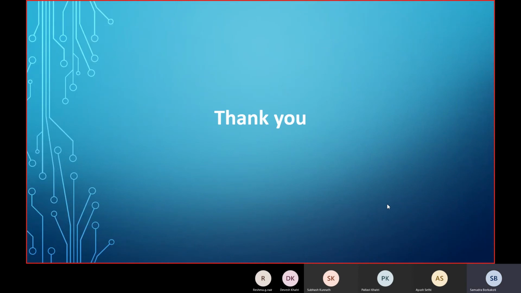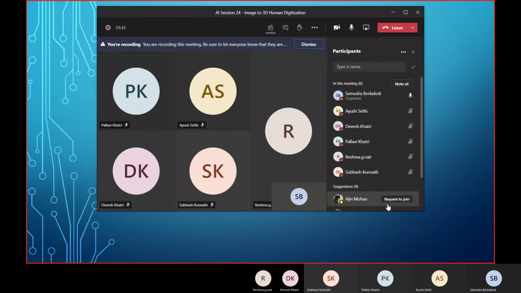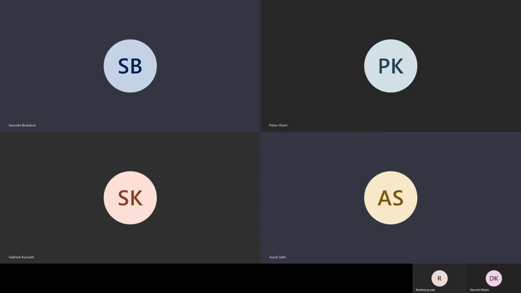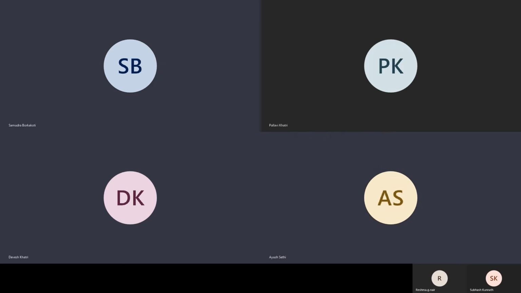Any doubts? Not from my end. Samudra: I don't have any doubts in this, but I had some questions regarding the input image.